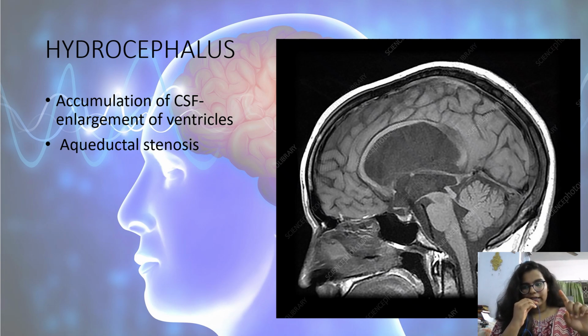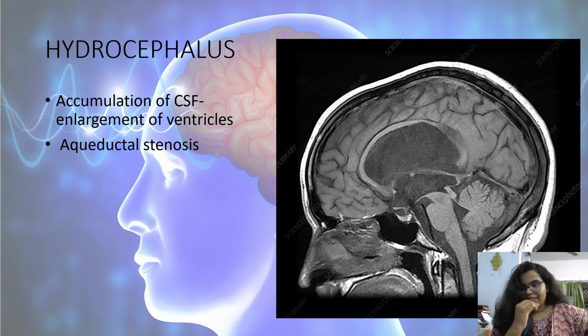Remember I said in the previous slide that the third ventricle and the fourth ventricle are connected via the aqueduct of Sylvius. So there is a narrowing of the aqueduct of Sylvius. If you imagine a water pipe and I compress a portion of it, is the water able to pass from that pipe downwards? No, right? Similarly, when there is a narrowing of this aqueduct of Sylvius, there is an accumulation